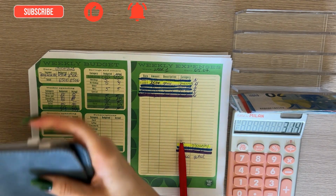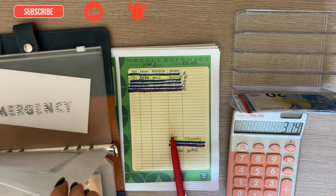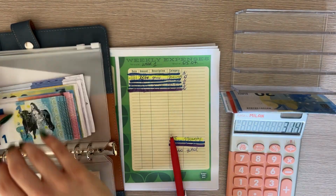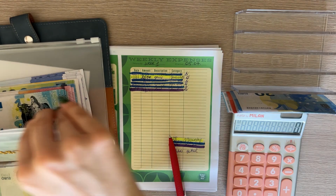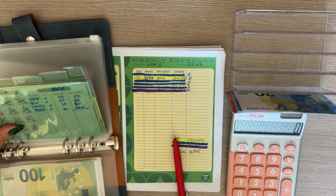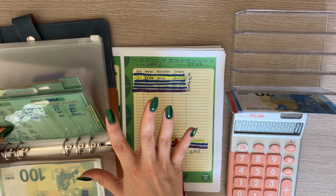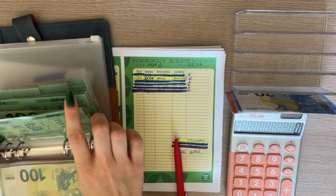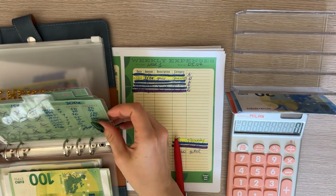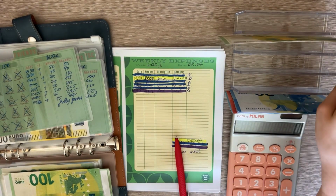Let me quickly flip to deposit and we can add some money there. Also, actually, while we're at it, I also wanted to add some money from Christmas because I calculated and I don't think I'm gonna need this much because I'm also saving in the celebrations binder 100 euros both for Christmas and 50 euros both for Christmas and New Year's. So I'm gonna leave mom, dad, sister at 100 each. So I'm gonna leave that. For friends, I don't think I'm gonna need 300. So I'm gonna take 100 out and add it to